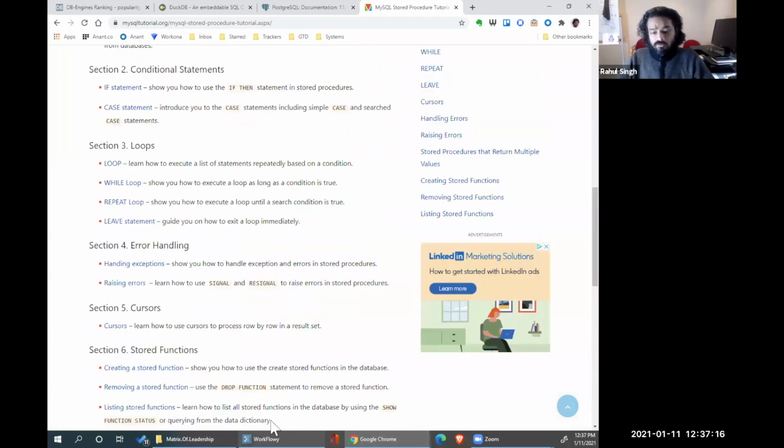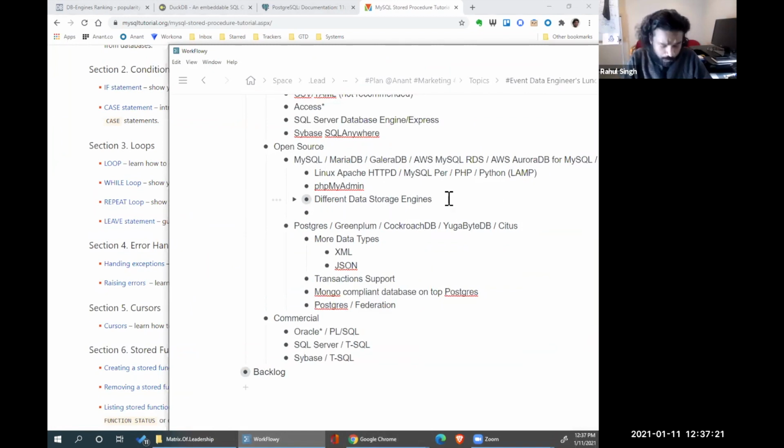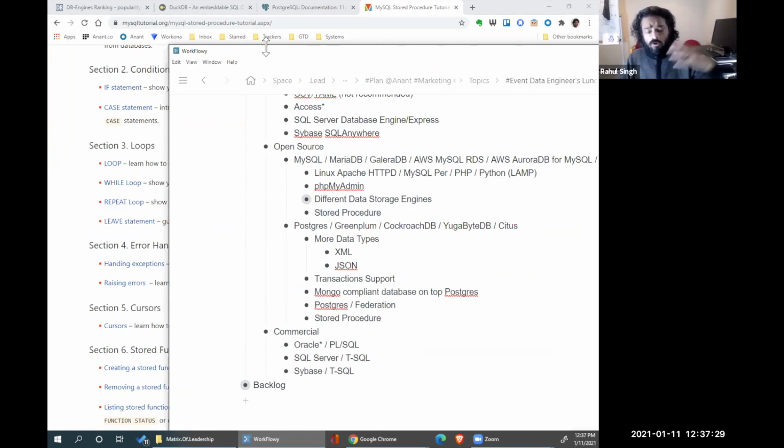So why would you use a stored procedure in MySQL or Postgres? Well, imagine that you're doing an SQL operation with Python, where you do a select star from a table, do some basic SQL data manipulation, and then insert it back into another table. Well, if you make a stored procedure, you would just say, call this procedure. And it doesn't make any difference to you whether that SQL is called by a Python program or by the stored procedure. That's one.